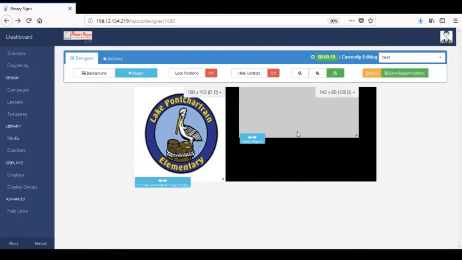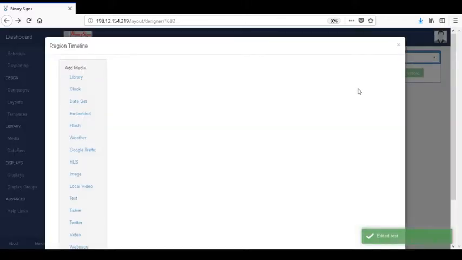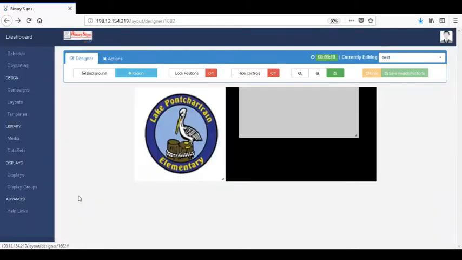We've got our informational side. We're going to go ahead and populate this. So let's go ahead and save that position, and we'll edit the timeline. So we select that little arrow and hit edit timeline. And we're just going to dump some text in there. So we're going to say text, and it's going to load up